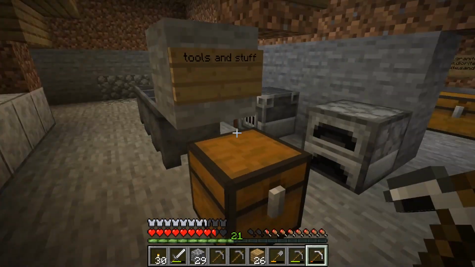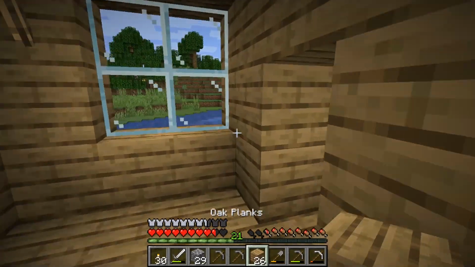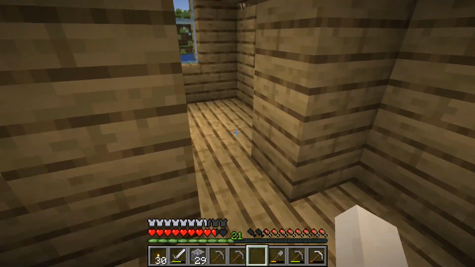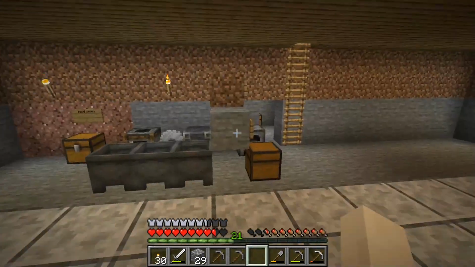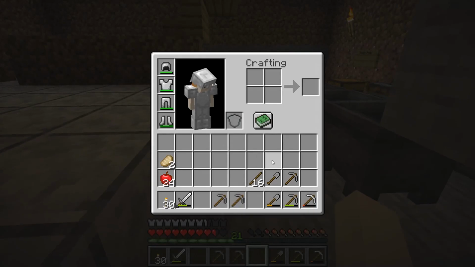Okay, tools and stuff. Tell you what I'll do. I stick the oak planks away in there. I don't already have a stack of planks, so I'm just going to create a new stack apparently. And I will go down here and stick this cobblestone and that dirt into that chest. Then I will put those...